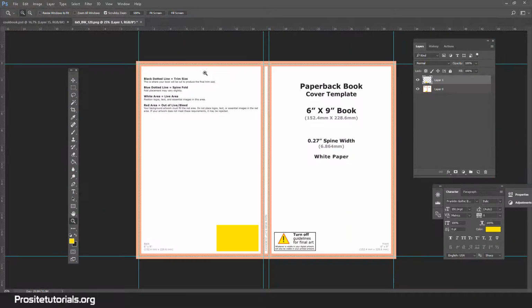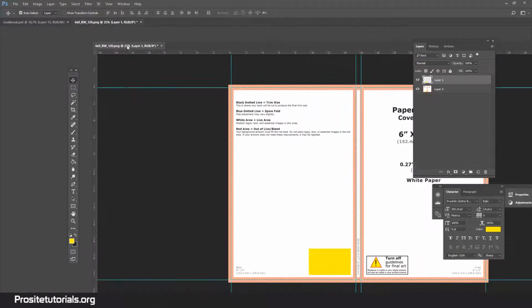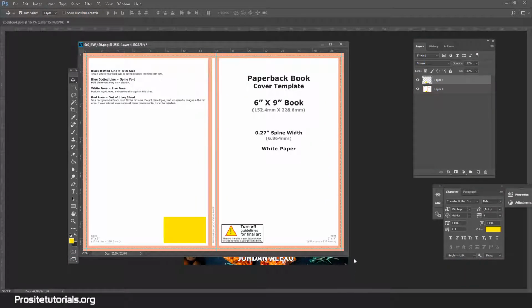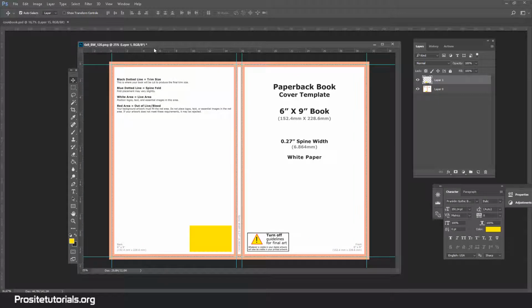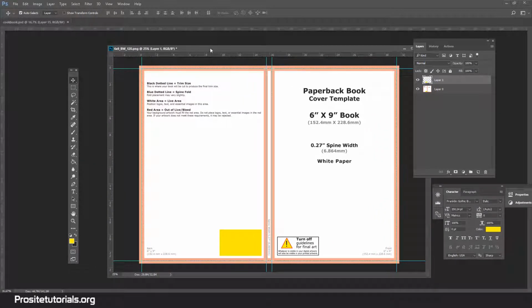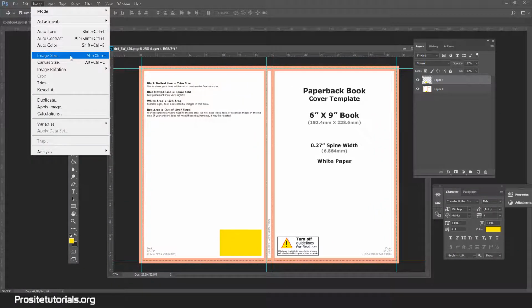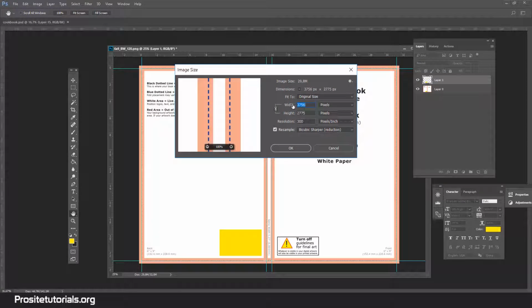You need to be very precise with the sizings. So what I want to do now is grab this file over here so I can remove it from the top section, and let's go to image and check the sizing. You can see this is the width. So basically what you want to do is